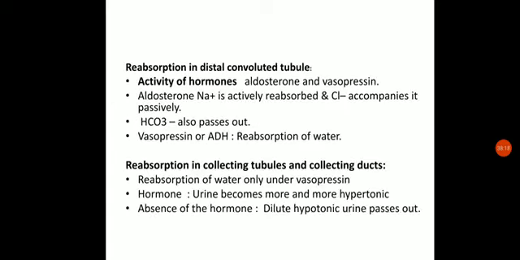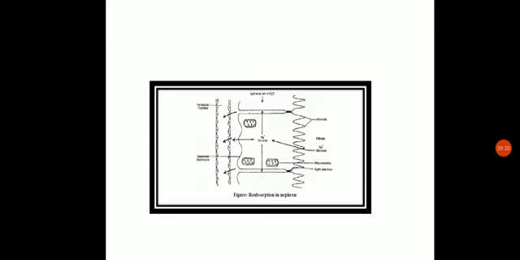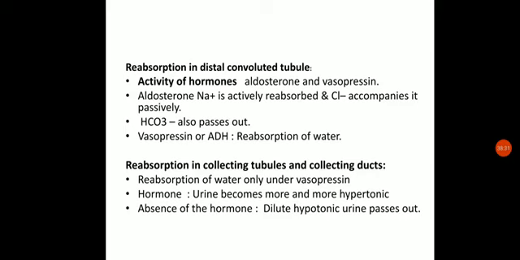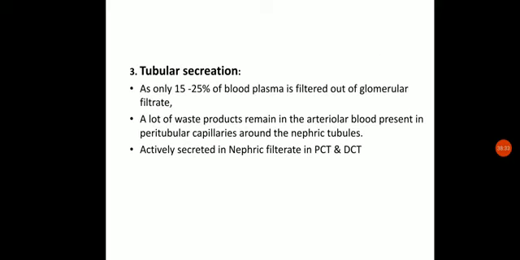These peritubular capillaries are the capillaries which are surrounding these tubules. These are the capillaries, here you can see. These are the ones which are surrounding these tubules. So these tubules will also have a lot of waste present within them. So what happens? These tubules will be actively secreting it into the nephric filtrate. So all the waste material present in the peritubular capillaries around the nephric tubules, consisting of DCT, PCT, loop of Henle and all that,